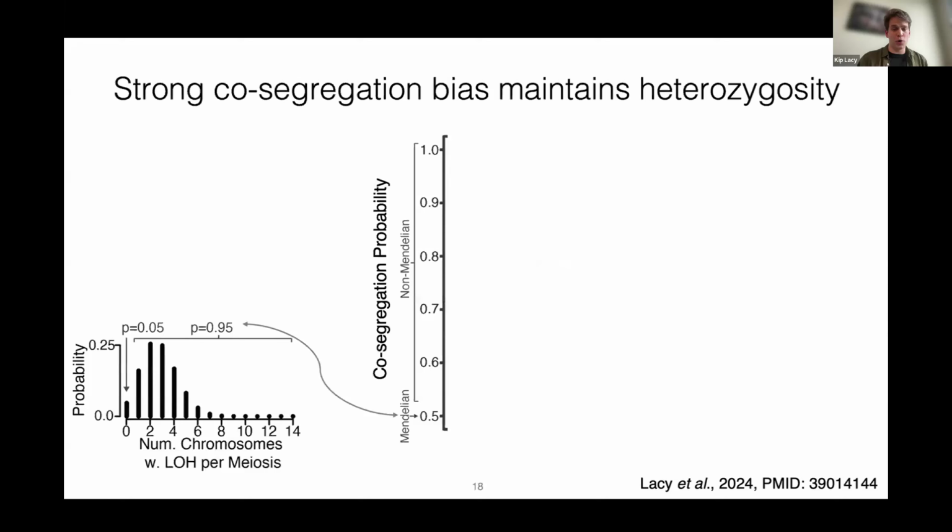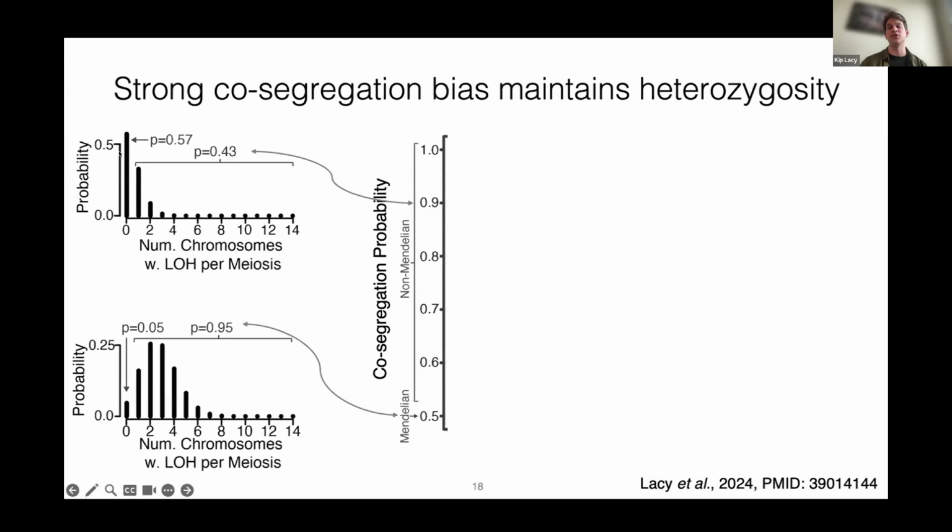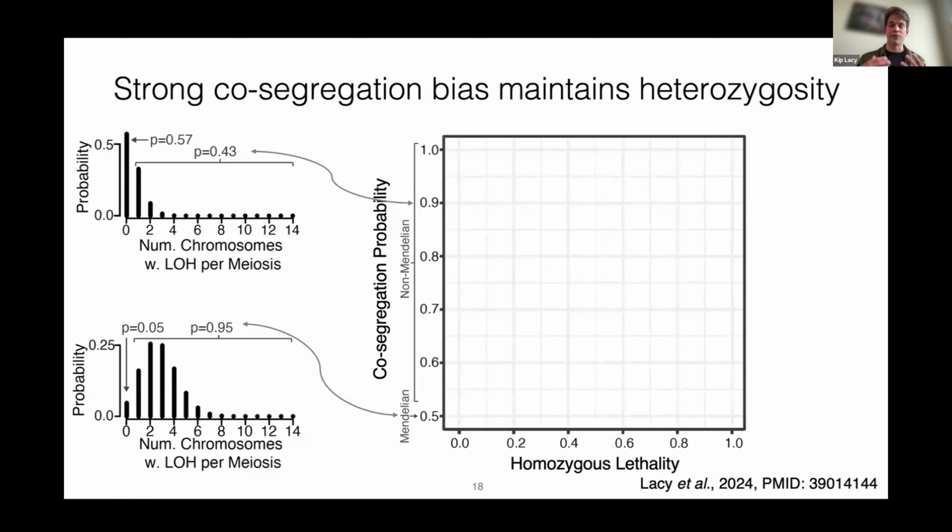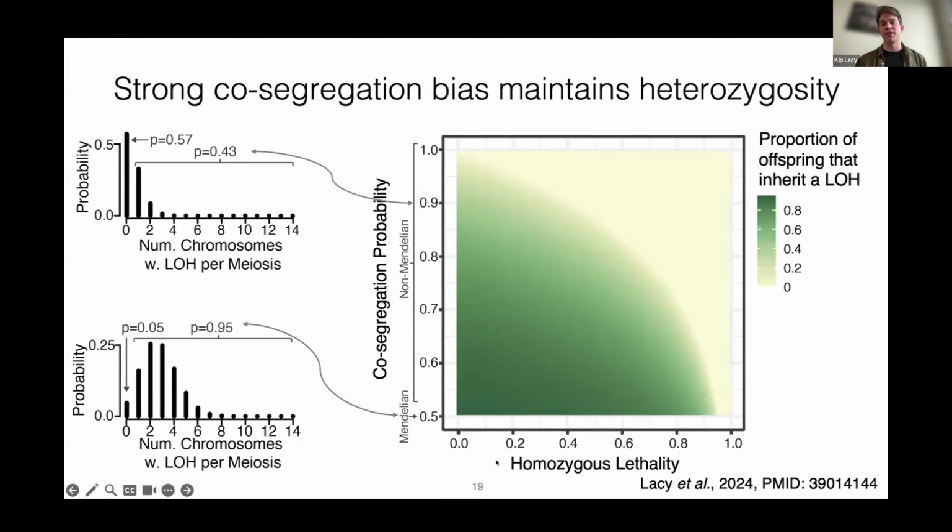But to modulate this more, I wanted to vary the probability of co-segregation between completely Mendelian levels and completely non-Mendelian levels. And that can allow us to really jack up the proportion of offspring that don't inherit a loss of heterozygosity. And then further, I could subtract a proportion of individuals that died due to losing heterozygosity, which allowed me